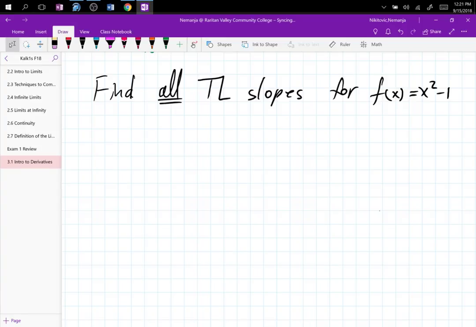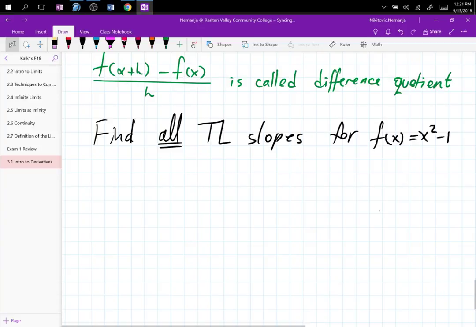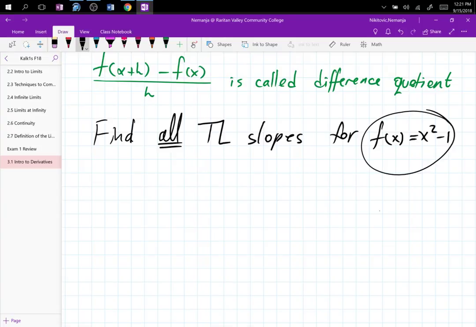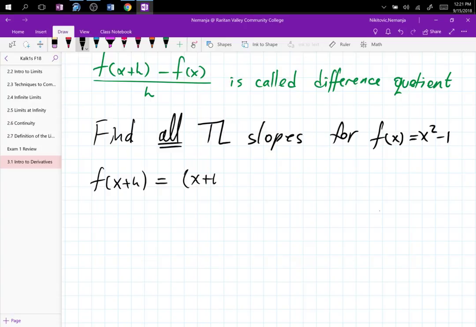All right. Your difference quotient formula has a part f of x, which is where you're going to cut and paste what you have. But we also have f of x plus h, and that one you have to work out on the side. So, if f of x is x squared minus 1, then f of x plus h better be x plus h squared minus 1.